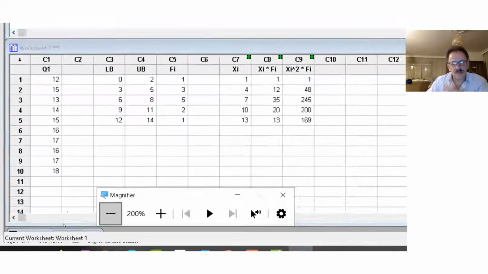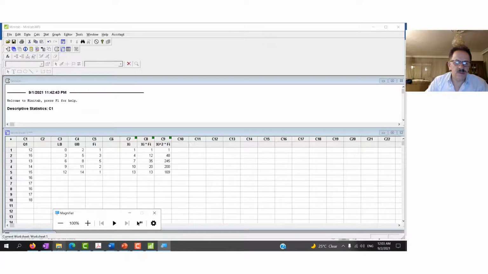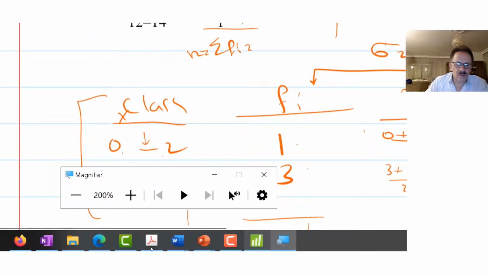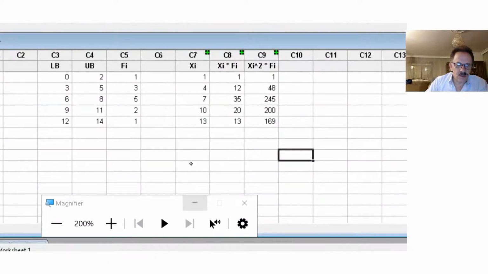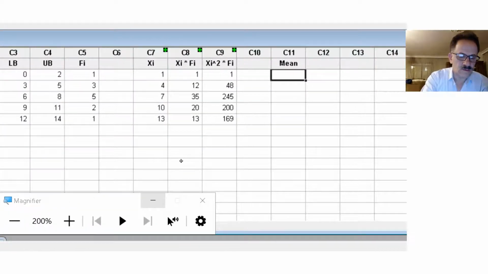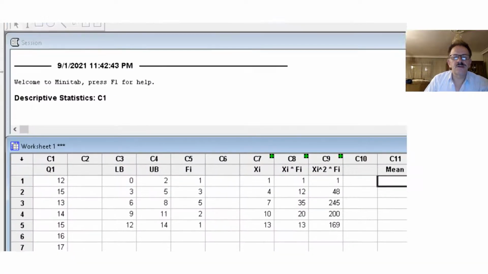Now what else do I need? That's it, because you can remember, we can go back to the formula. The formula is here. We need fi xi square, yes, that we had fi xi square, yeah. So we need to have a sum. So first of all, I go back to the Minitab, yeah. So let's say I will say this is the mean of this data. What will be the mean? The mean is equal to summation fi xi divided by summation fi.